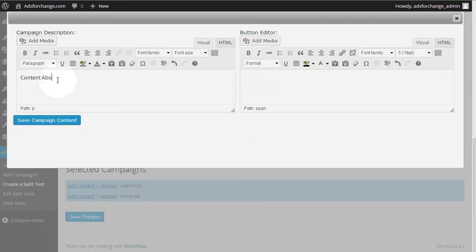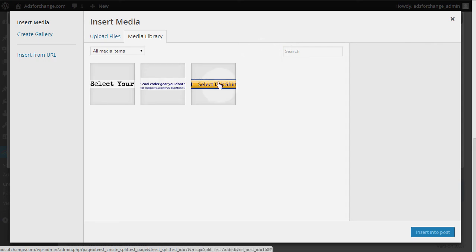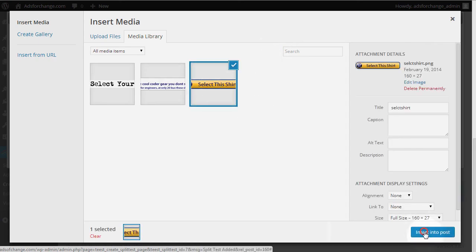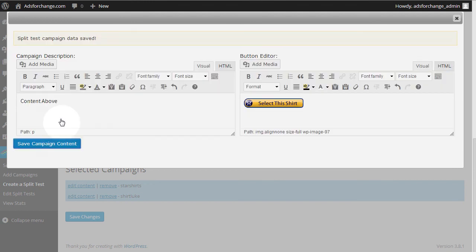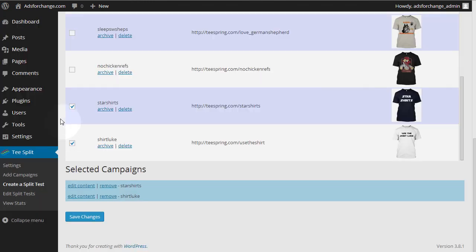Once it's saved, it changes to edit content, and then for the shirt Luke, we'll do this. I'll just add content above. In this case, we will add a button. Now this is just for demo purposes, so to show you exactly how fast you can do this and set it up, you'll probably want to spend a little bit more time working on it and thinking it out, but as you can see, you can do this pretty quickly. Now when we save the changes,